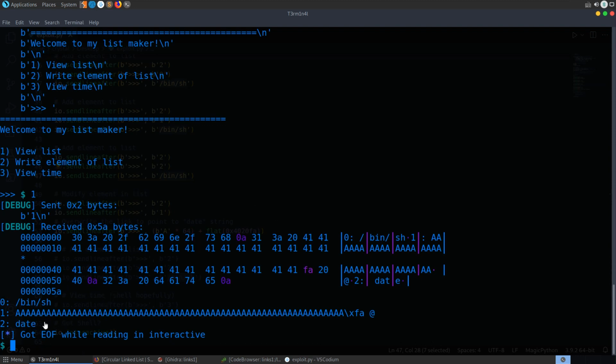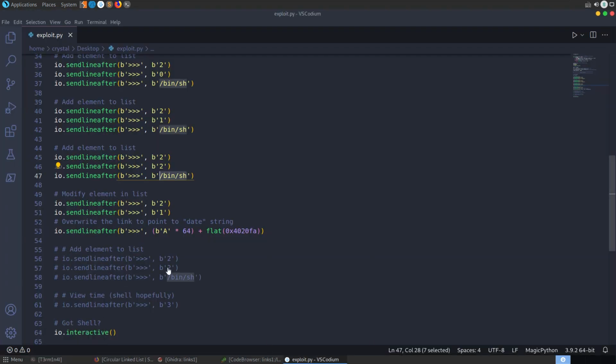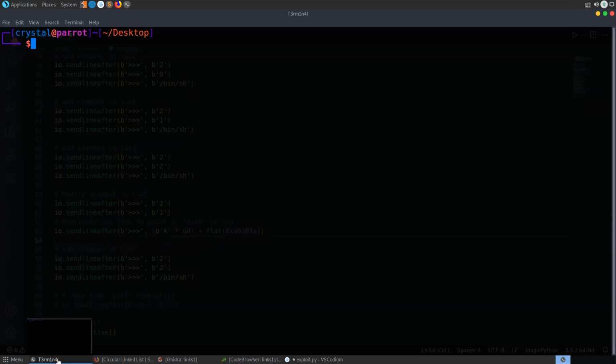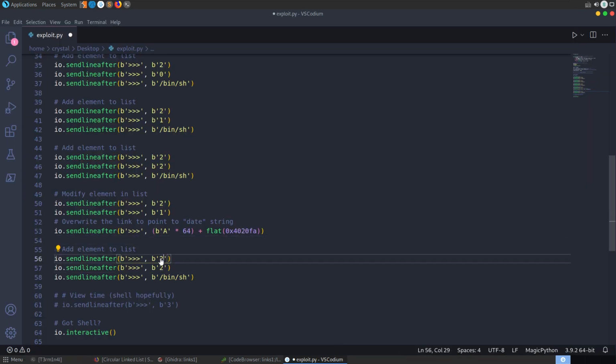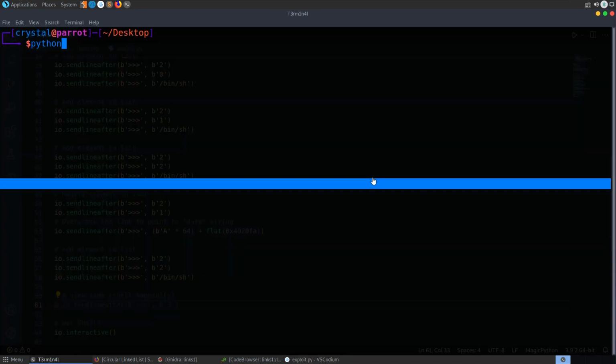So I kind of thought this was all looking good. I thought now if we can just overwrite this date with the bin.sh string, we'll now be able to get a shell. And to do that, let me go back to the script. Essentially, just want to add another item to the list, or should I say modify the item, and the item we wanted to modify was the second index, well, the third item, second index, and we want to overwrite that date string then with the bin.sh string. And then we want to view the time. Let's do it like this. Let's run Python